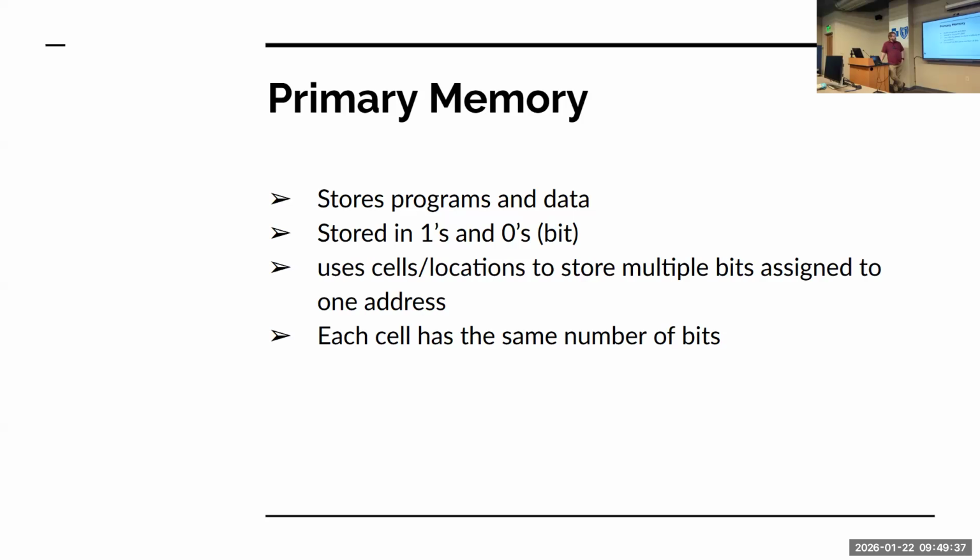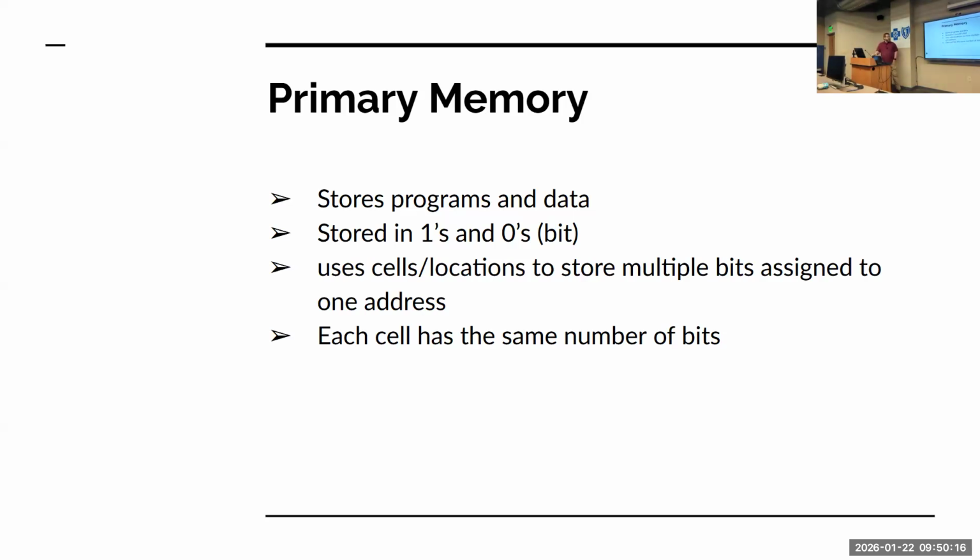so the memory actually uses locations to store multiple bits assigned to one address. So every memory address in a computer is, anybody know how many bits one memory address represents? 8 bits. And it's still 8 bits. It was 8 bits back when memory was in kilobytes, and it's still 8 bits now, in gigabytes. I don't know why they keep it at 8 bits, but I guess it just keeps working. But you can address one byte for memory address,